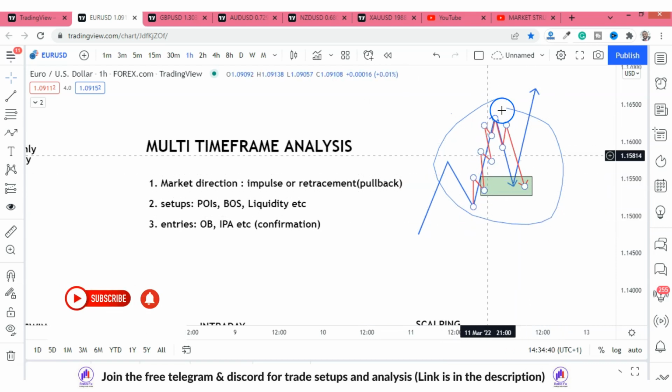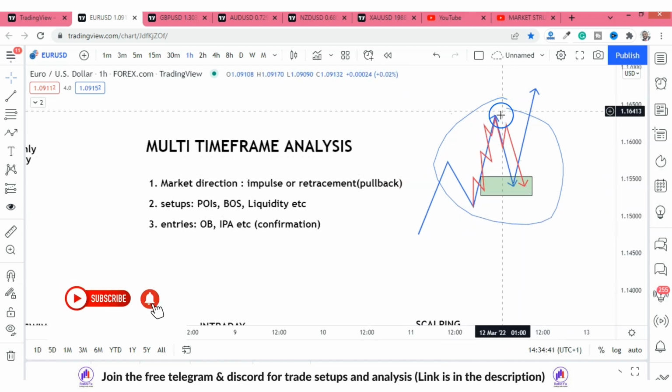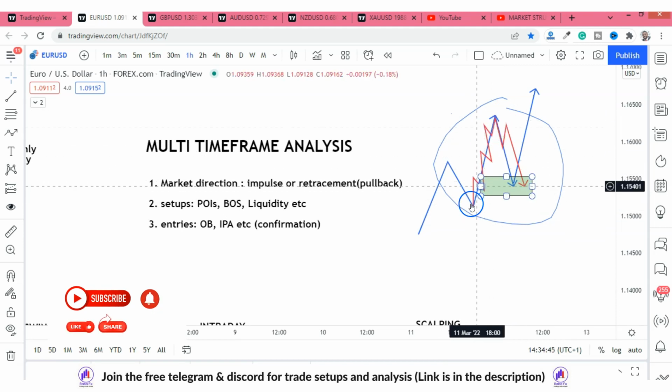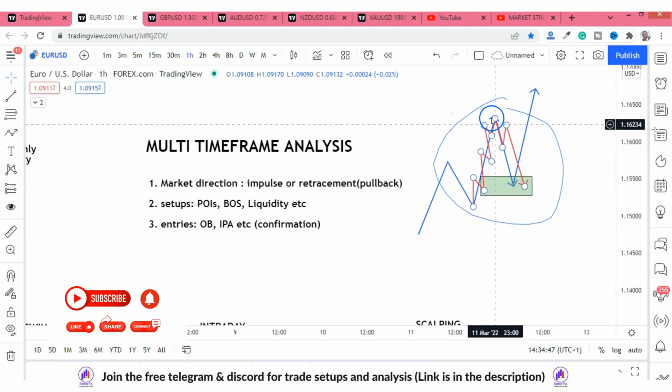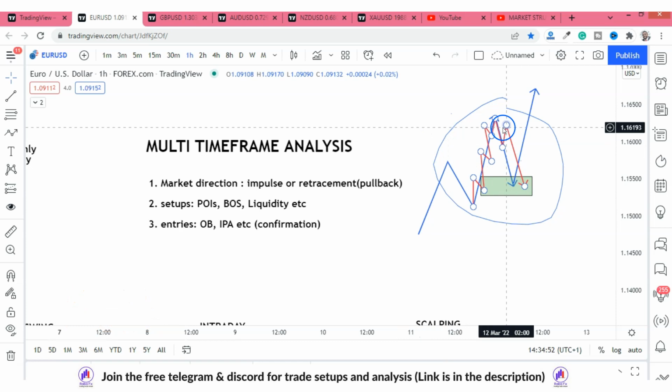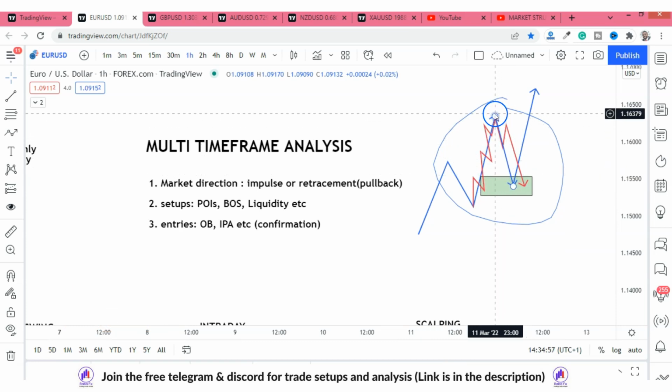The monthly leg, impulse leg, okay, we create a series of higher highs, higher lows in the daily up until this point. Okay, now because you are looking for, in this case you are expecting, maybe this is where you stopped, okay, and